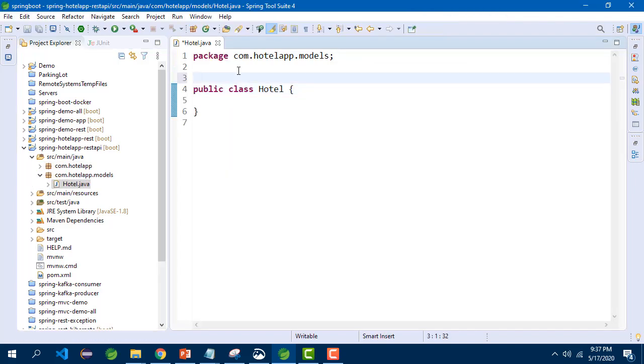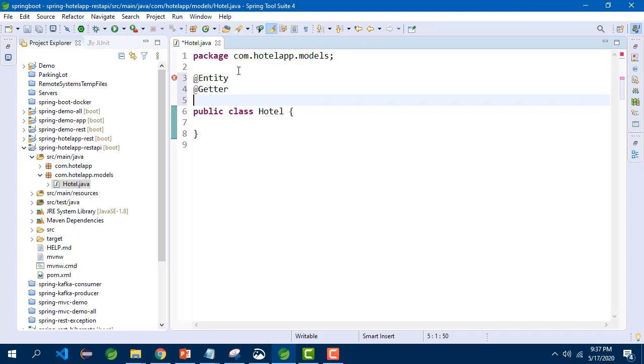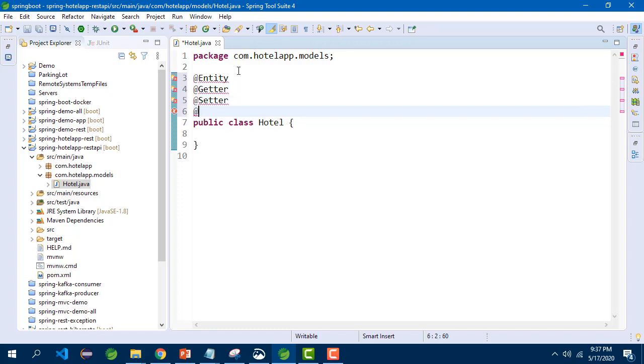Let me annotate this class with @Entity, @Getter, @Setter, @NoArgsConstructor. And now within this, we need to add the instance variables.